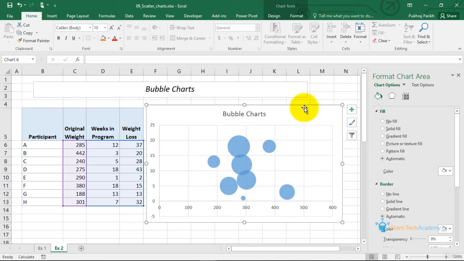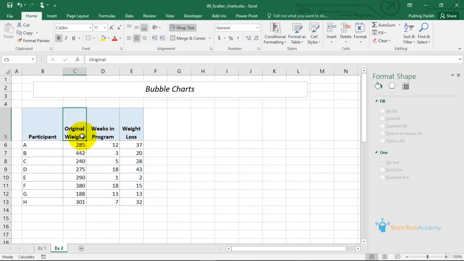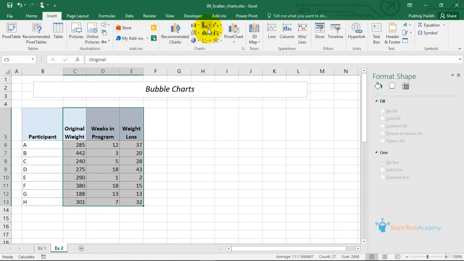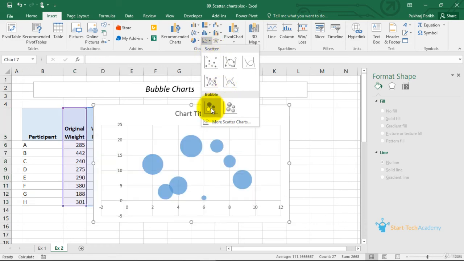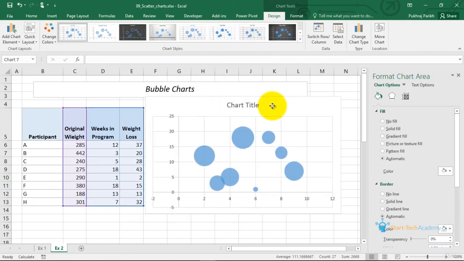So now let us learn how to draw a bubble chart. I'll delete this one. We will select these 3 series and go to the bubble chart. By default in Excel, the first series is taken as the radius of the bubbles and the other 2 series are taken as the x-axis and y-axis. But instead, I want to take the first variable as the x-axis, the second as the y-axis and the third as the radius.